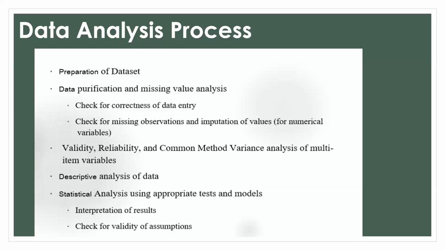So it is something odd. There won't be any value beyond 5 if the scale is between 1 and 5. So we have to look into that. If it is an erroneous typing, you have to correct it, or else you have to eliminate that data. So that way, purification has to be done in order to filter out the right set of data to be analyzed. Then you have to perform the missing value analysis.